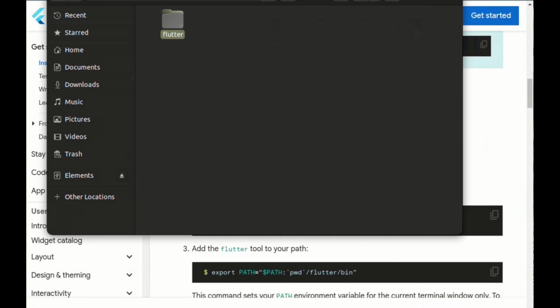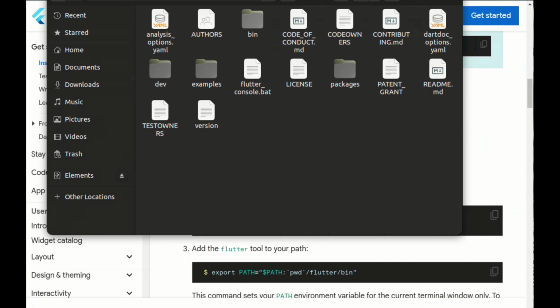So after extracting the file, you'll see a Flutter file like this. So we'll need to go into that particular file. So when you double click it, then we need to go to the bin section. There's a folder that is named bin. Then